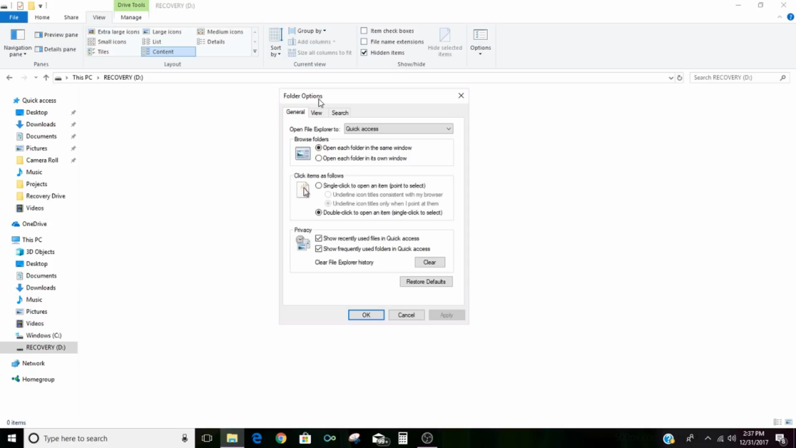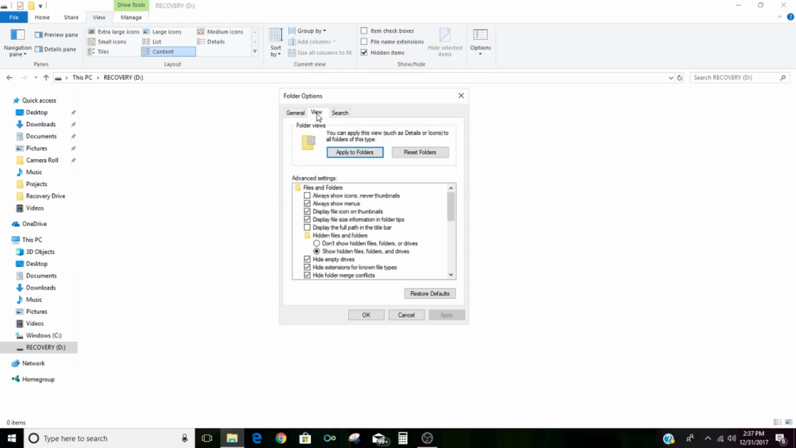This window is called Folder Options, and in this window there's 3 tabs. You want to click the View tab. Now we've opened that up, and here's Advanced Settings. Now in these advanced settings, we're going to